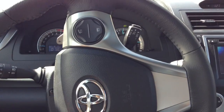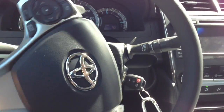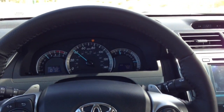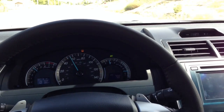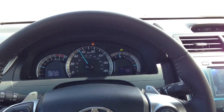So anyways, we'll do this one more time, just to give you an idea. Actually, I should get up to the stop sign. It's not a ton louder, but at least you can tell there's an engine under the hood. Before, you know, I understand what they're doing. But anyways, hopefully this was